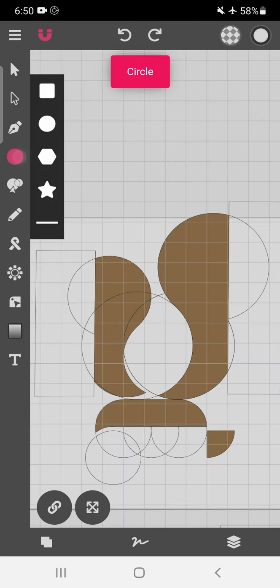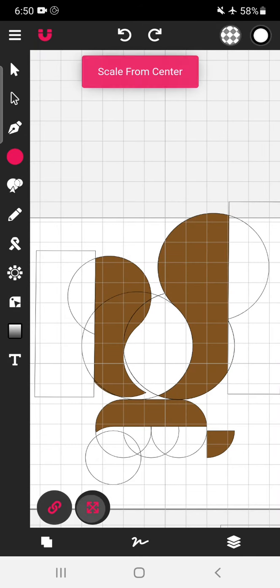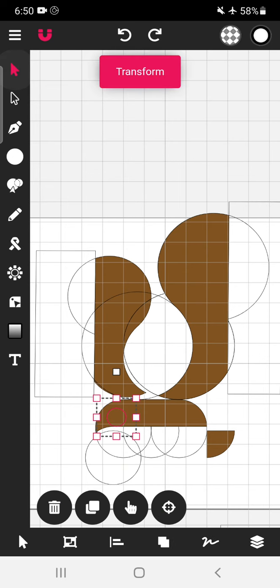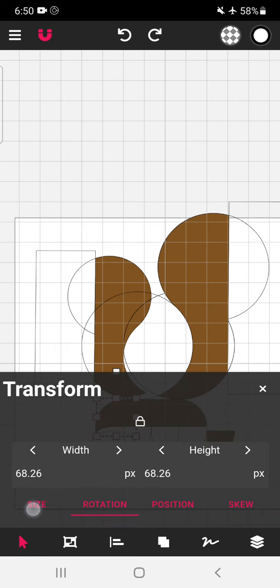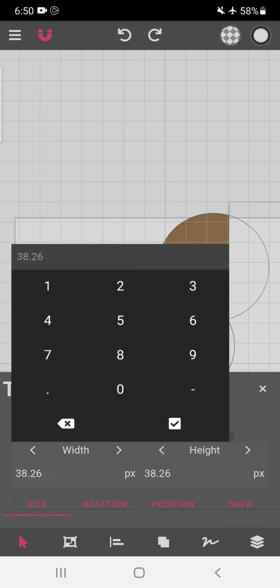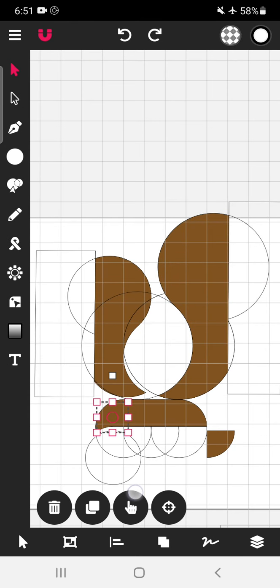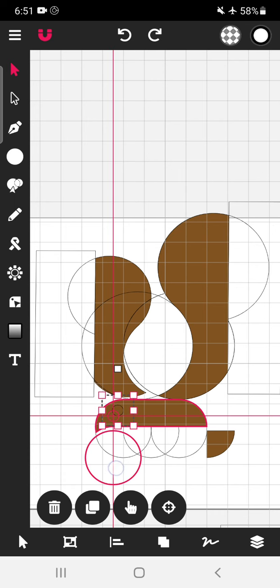Okay, take one more circle, tap on these two options, reduce the size of the eye to 40, and make it white color.